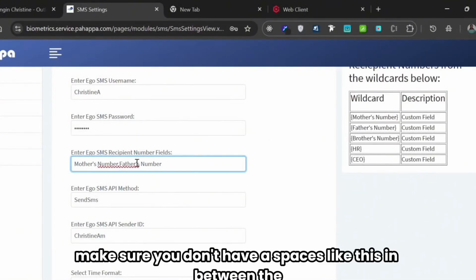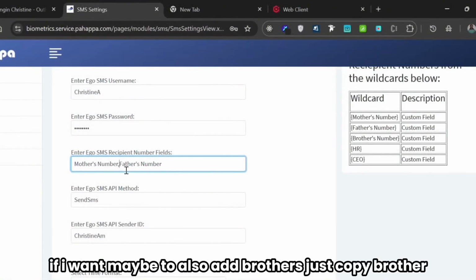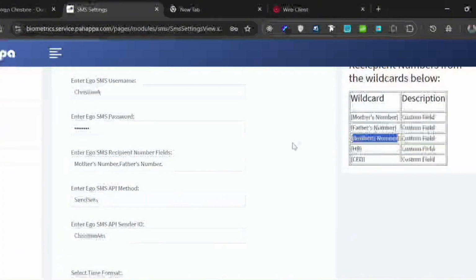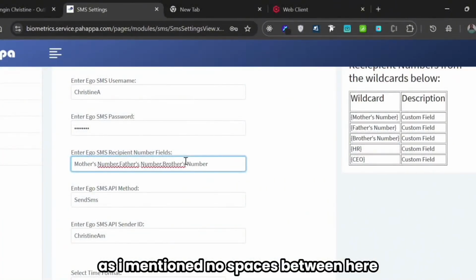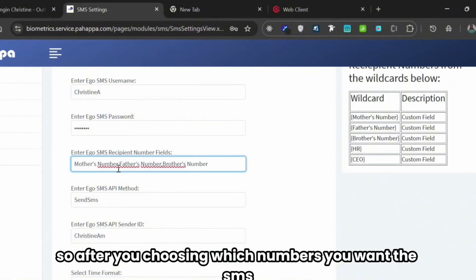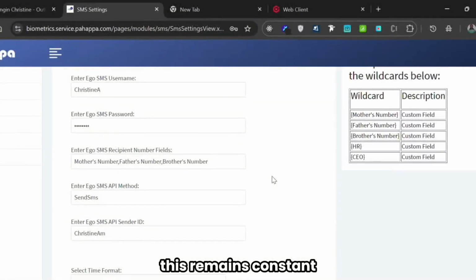Make sure you don't have spaces like this in between the names. If I want maybe to also add brothers, just copy brother. As I mentioned, no spaces between here. No spaces in between. So after you choose which numbers you want the SMS to be sent to, this remains